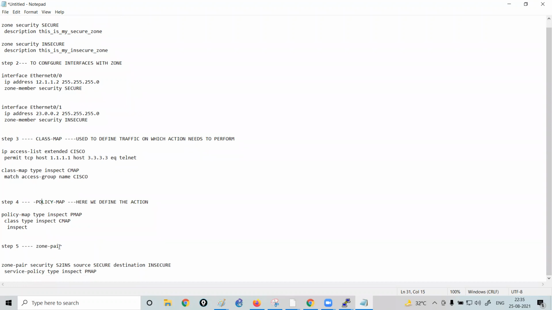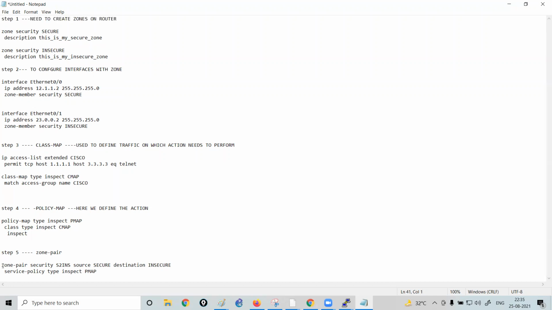And then finally we need to create the zone pair. Zone pair means, see, in the policy map, I have told the router that I have created a policy map with the name PMAP. I have told it that whatever traffic matches the CMAP, you have to inspect it. Inspect means that you have to create a reflexive ACL for that. Is it clear to everyone? Okay. And then finally, I need to create the zone pair.